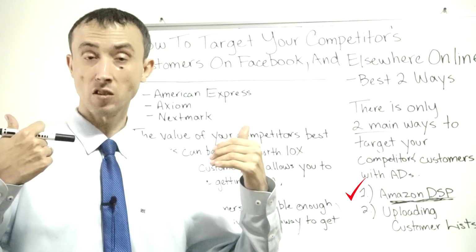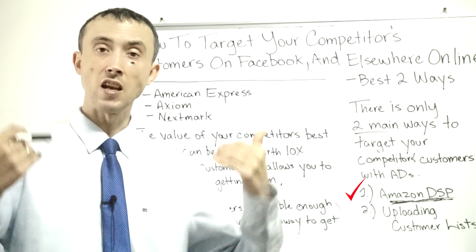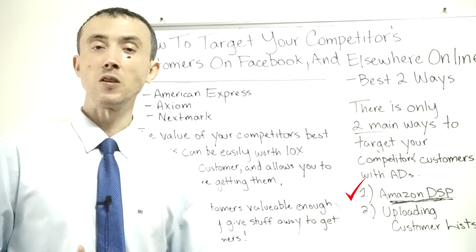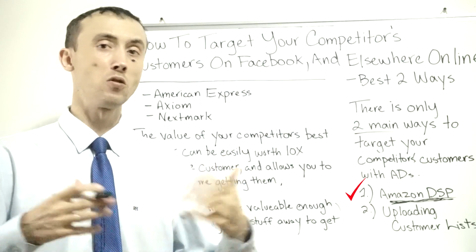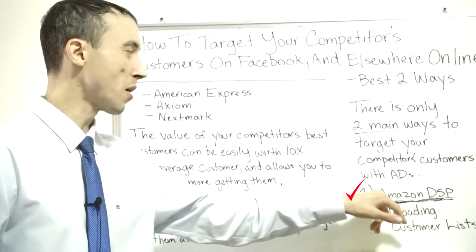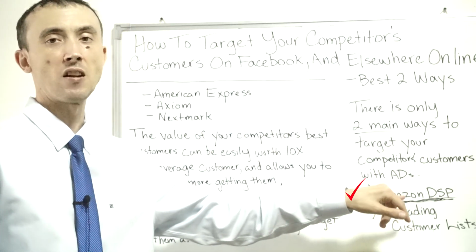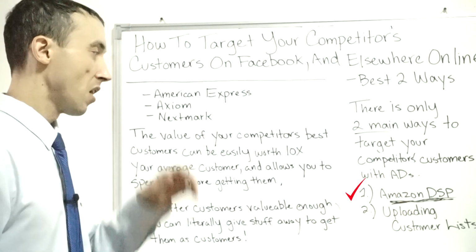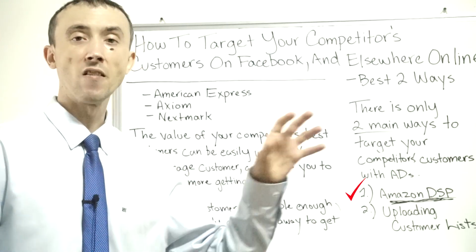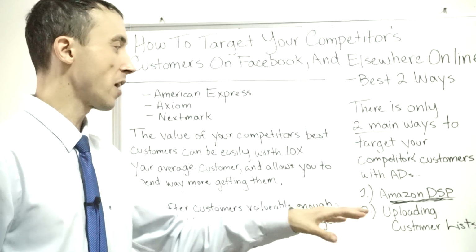Basically that would be done through an agency like ours, an ad agency that could help you do that. Or it could obviously be through somebody that's not an ad agency who just simply has an account. So anyway, that's your first route to go after your competitors' customers, at least people that are selling on Amazon. For the rest of you guys, you could target people who buy online or offline using credit card data.